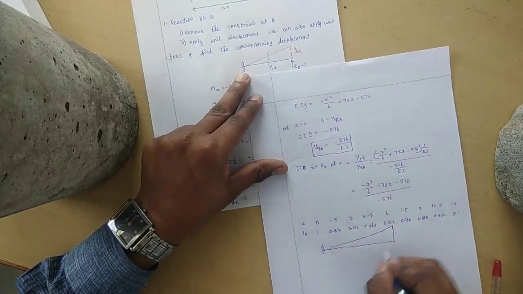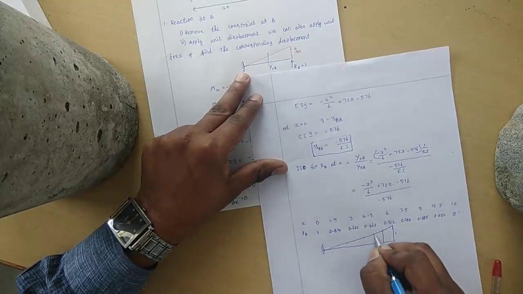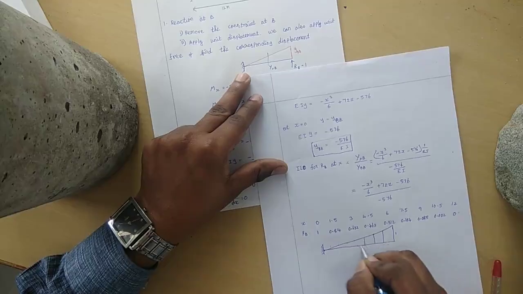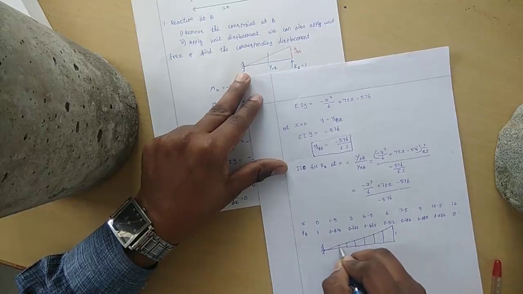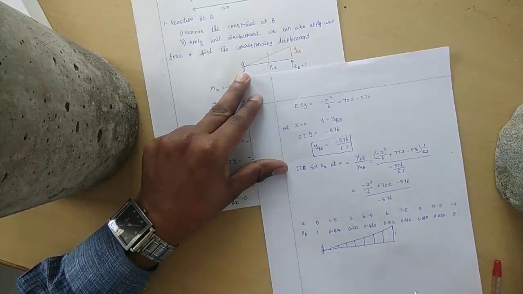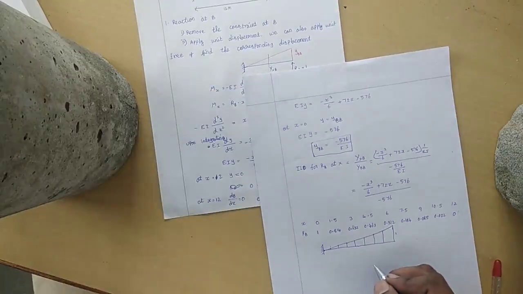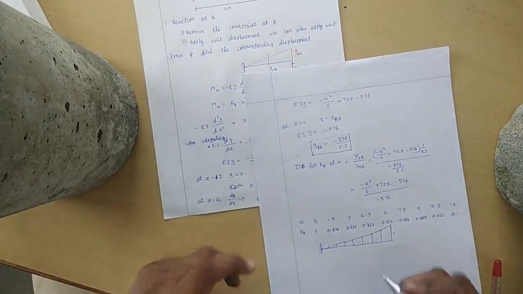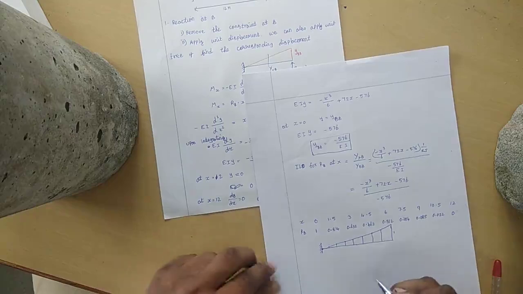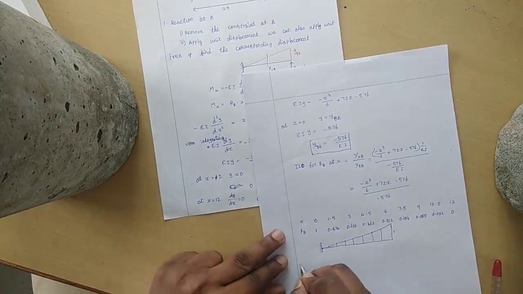So if you draw properly, then the value will be like a curve. So this is nothing but the ordinates. So this is the influence line diagram for the propped cantilever beam for reaction RB. Next, the second condition they have given is that we need to calculate the moment